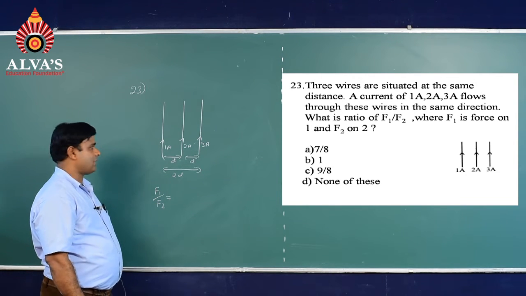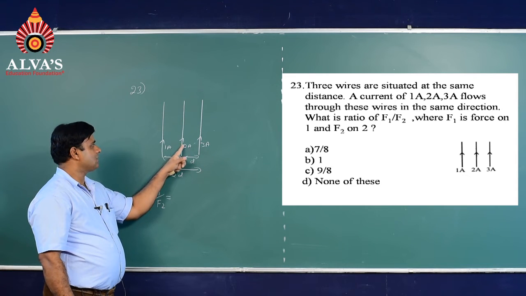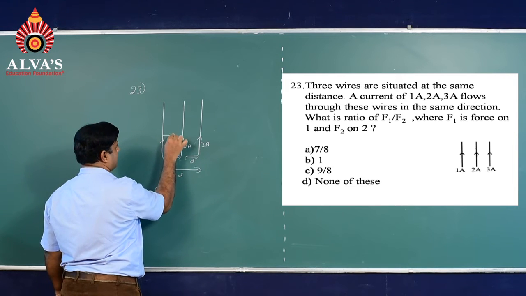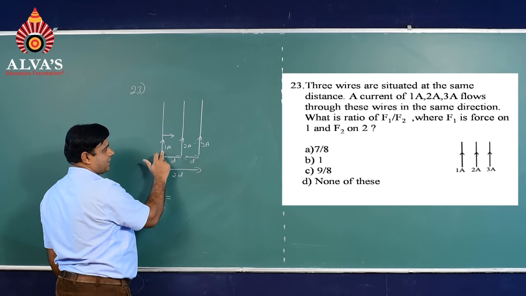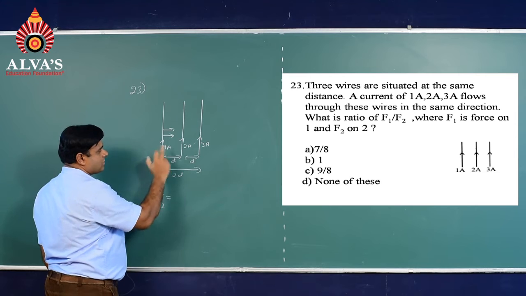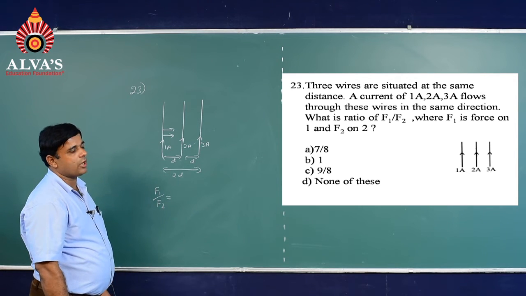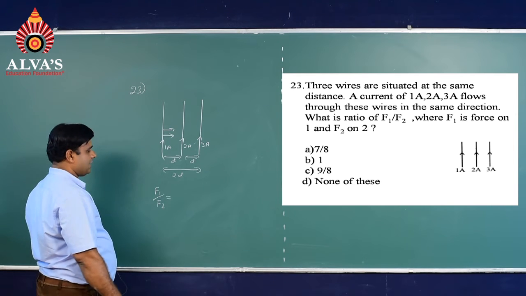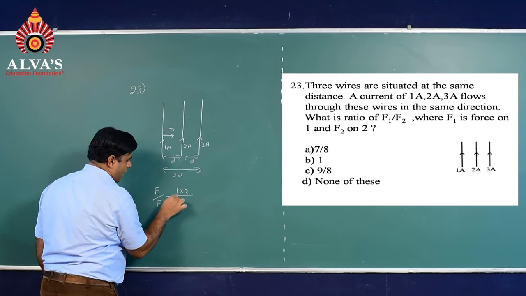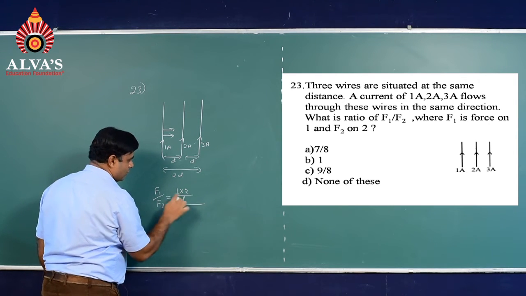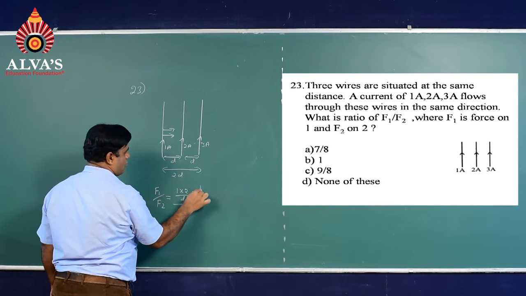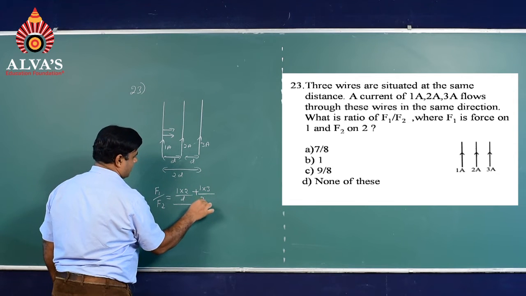F1 is the force on the first conductor. First conductor and second conductor carry current in the same direction. So, the second conductor attracts the first. Third and first carry current in the same direction, it also attracts the first. So, total is the sum of the 2. Force is given by a constant into the product of the currents divided by distance d. So, it is 1 ampere into 2 ampere, distance d, between these two. When you take the ratio, the constant cancels out, plus between these two 1 into 3,